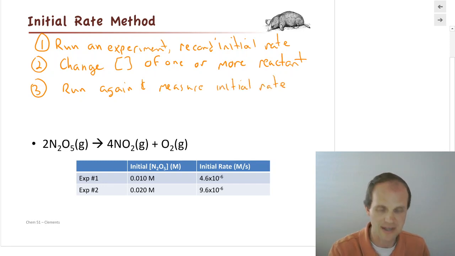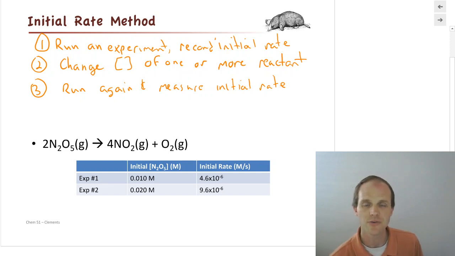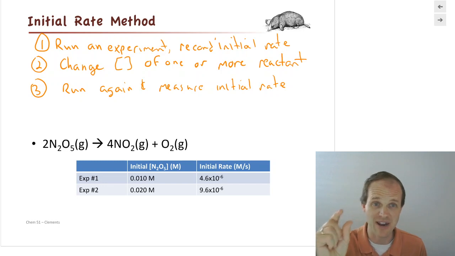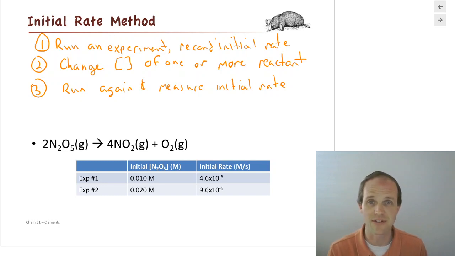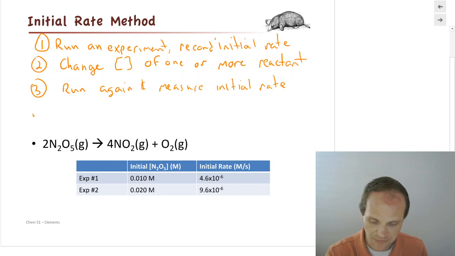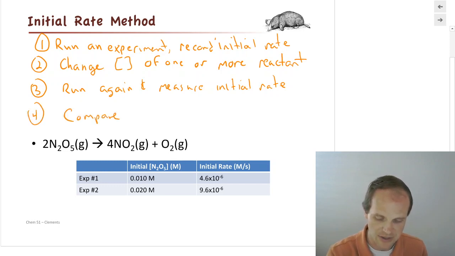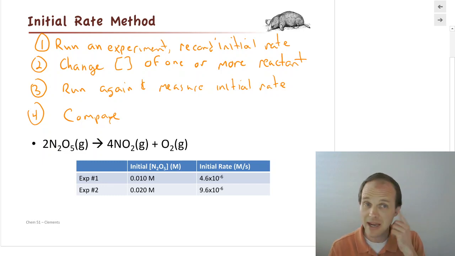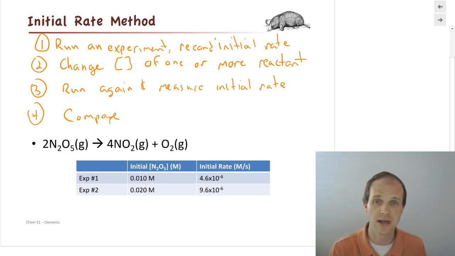Now, why would you do that again? Why would you change something? Well, if we're trying to figure out how does the rate law, right, which just calculates rate equals k times all these things, how does that rate law depend on concentration? Well, change in concentration is one way to figure that out. If I change the concentration, see how the rate's affected, then I can see, oh, what's the relationship between the rate and the concentration? And then the 4th step is what we're going to talk mostly about, is the comparing step. How do we actually take that data and compare one run to a different run?